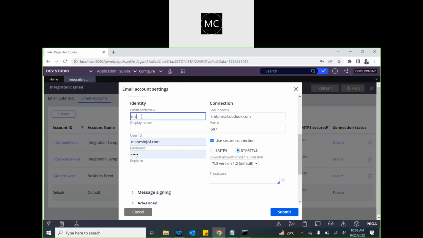Then you need to configure your email ID. So mine is